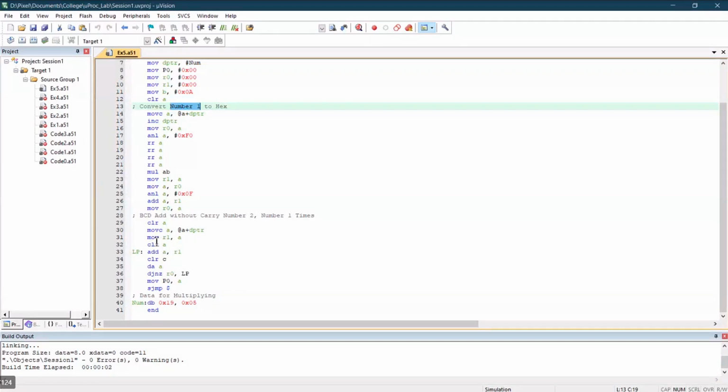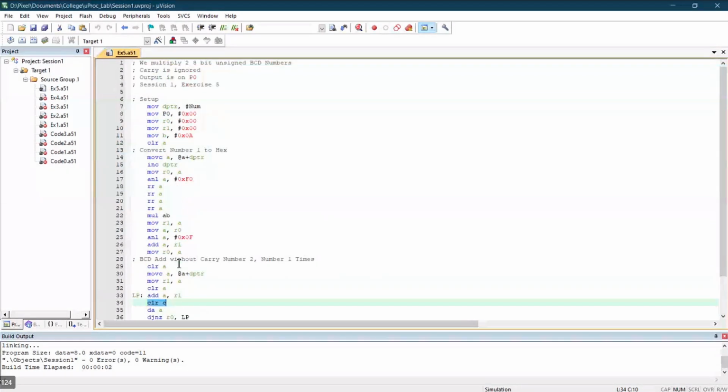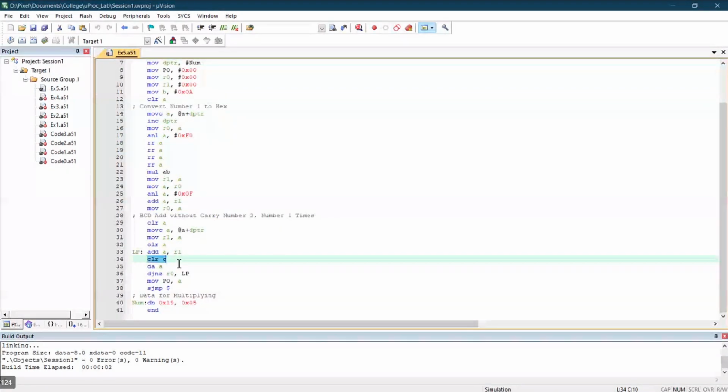So that's what we simply do: move R1 to A, clear A, and then we add R1 to A, then clear C. This command clears the carry if there is any, because we are not doing this multiplication with carry, as then we'd have to separately handle the BCD carry.